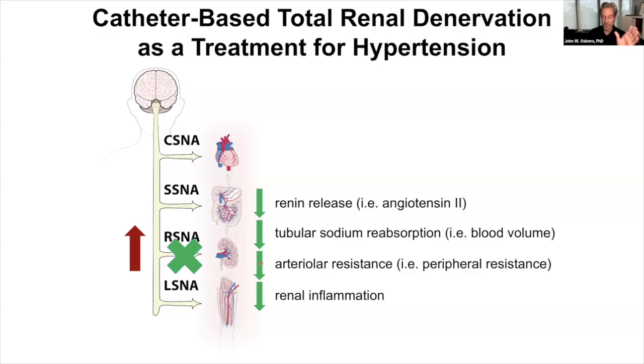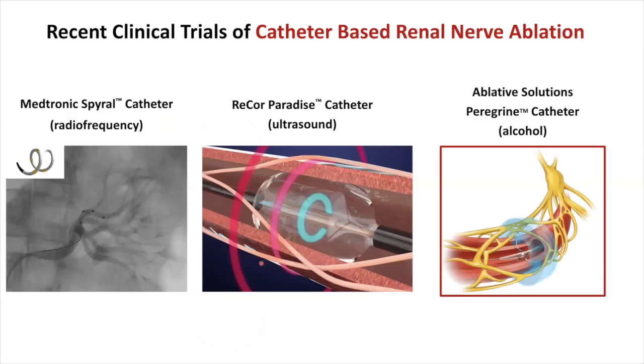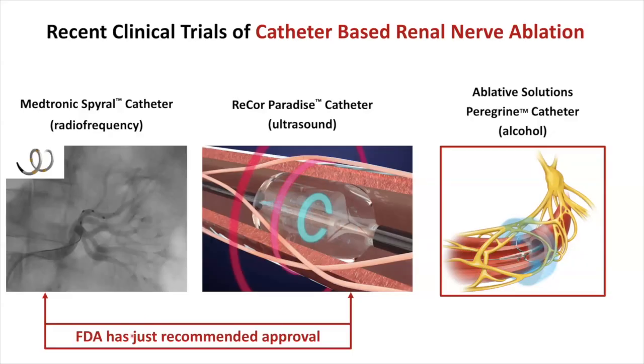So that was based on animal studies a long time ago. And then more recently, in humans, this has been the approach. There are 3 companies now that use a catheter-based targeting of the nerves in the kidney by going into the renal artery. This shows the Medtronic catheter, for example, by targeting in the vessel, ablating those nerves either with radiofrequency, Medtronic, or ultrasound as ReCor. Ablative Solutions injects alcohol out to those nerves to destroy them. Now, you should realize or know that 2 of these are now FDA approved. So this is a treatment that can be used for treating hypertension now in the United States.